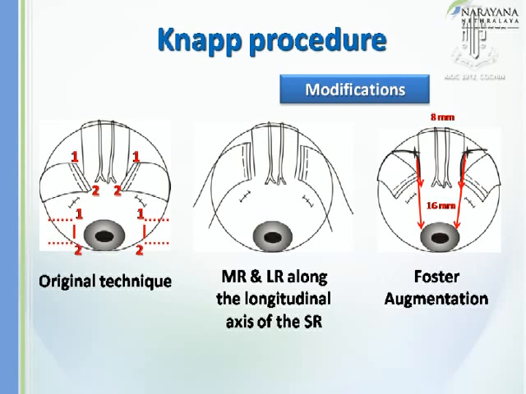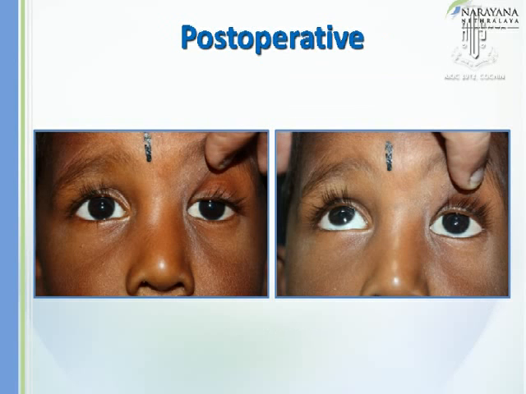And this has also been further modified by Foster, where around 16 millimeters from the limbus or 8 millimeters from the insertion of superior rectus, they have put a single suture passed through one-fourth of the muscle tendon and sutured to the sclera, not to the superior rectus, and they found equal results as with the original procedure. So this is a patient who underwent NAPS procedure, and you see that in primary position he is fine. There is a slight limitation in upgaze. It's usually said that when you do the NAPS procedure, the elevation may not improve as well. It improves when you do an inferior rectus recession.